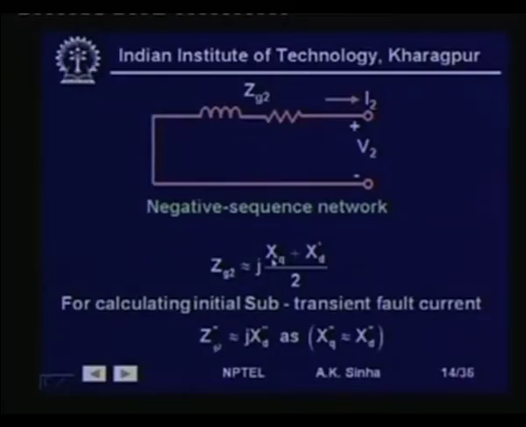So, transient reactance it is going to see. So, Xd dash and Xq is what it is going to see, and therefore, the negative sequence impedance seen will be an average value of that. So, it will be jXq plus Xd dash divided by 2. But if we are talking of situation just after the